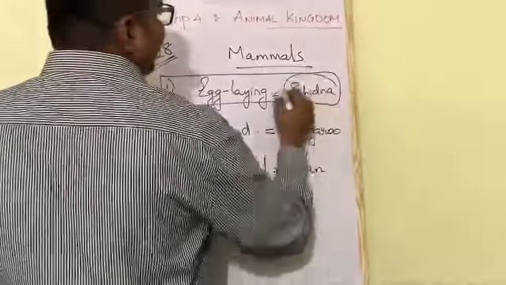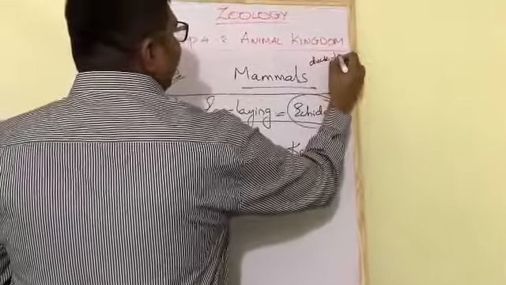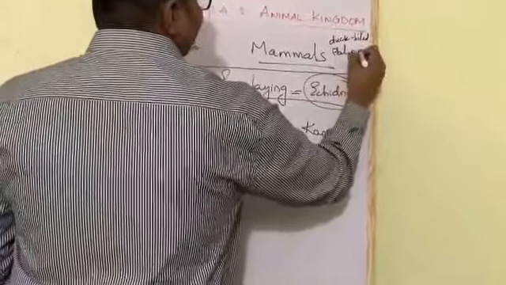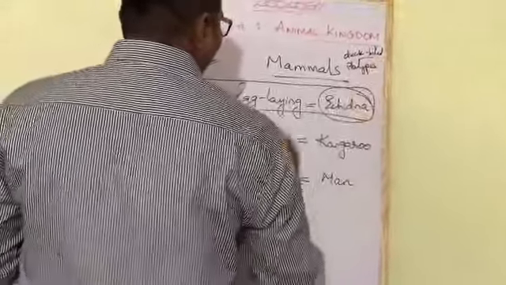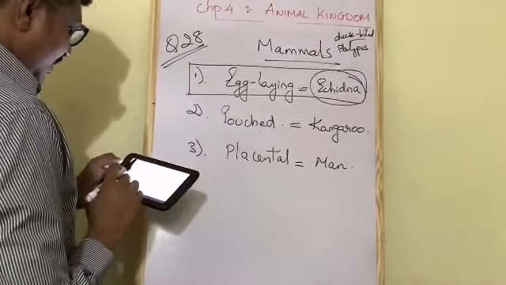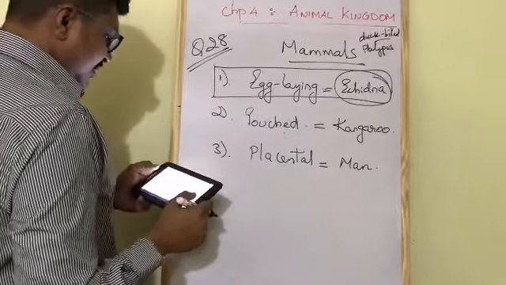Now instead of echidna, you can also take duck-billed platypus. Duck-billed platypus is also an egg-laying mammal, because echidna can be included in pouch-bearing mammals as well. Next, so platypus, duck-billed platypus, egg-laying mammal. Next,